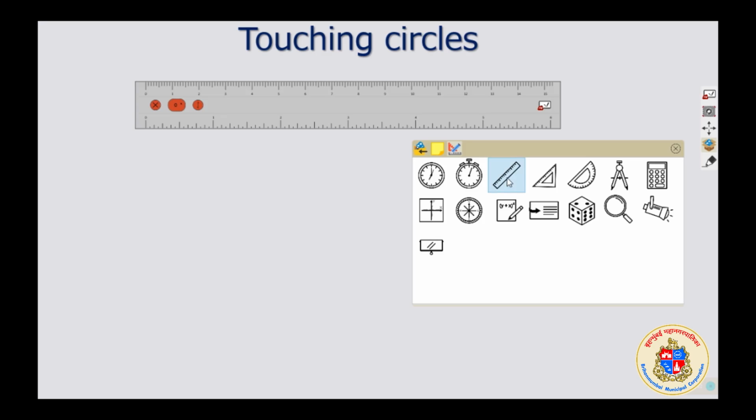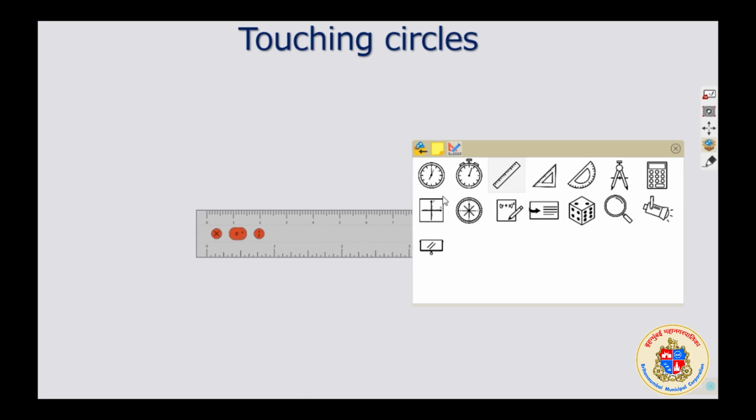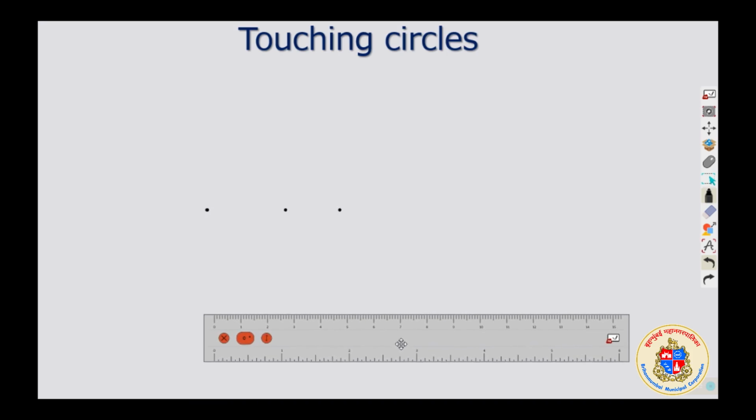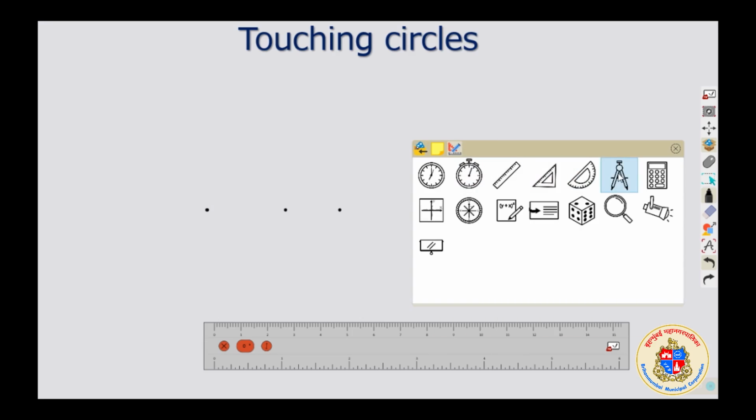For that, I am taking this scale over here, and I will be marking 3 points with the help of this scale. It is my idea of drawing two touching circles, and I am marking it here at a distance of 3 centimeter, at a distance of 5 centimeter. 3 points are put, and I will be taking a compass now. Compass is very necessary in this chapter. Compass is the most friendly thing in this chapter because we are talking about circles. This is our compass, and I am going to draw circles with respect to these points.